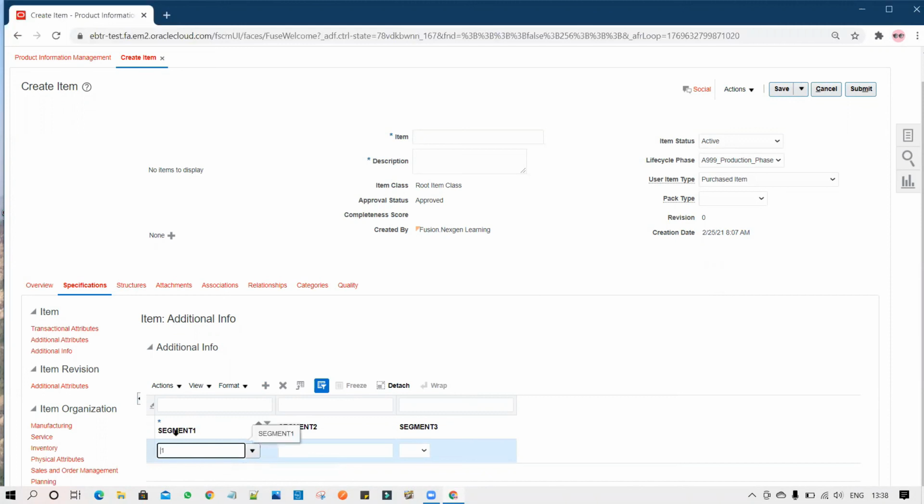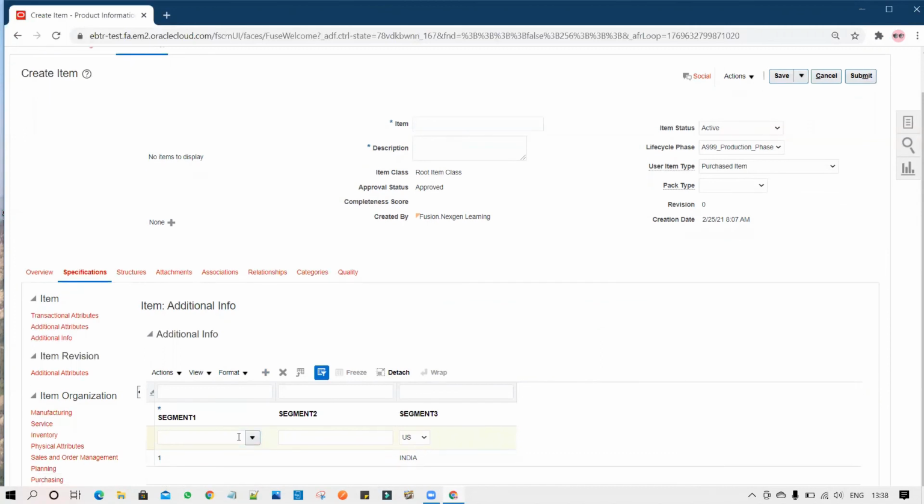I selected segment 1 as 1, segment 2, if you want to add it, otherwise leave it, and I selected segment 3, India. So let's suppose for segment 2 you have a different value, you can add it and then select India. So for the particular parameter, you can have the different conditions which you can meet. So this is how you can achieve the multi-row extensible flex field requirement.